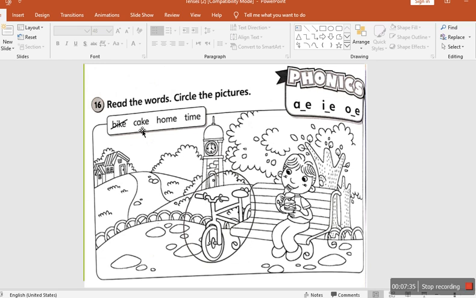Here we have some words. Cake. Of course, the first one is done for you. Bike. Look, this is bike. You all have bikes and you like riding bikes. So, bike,